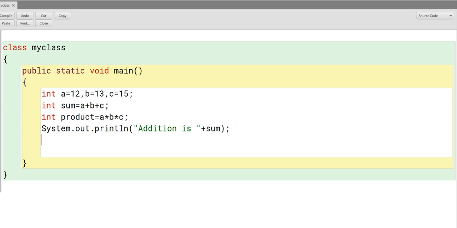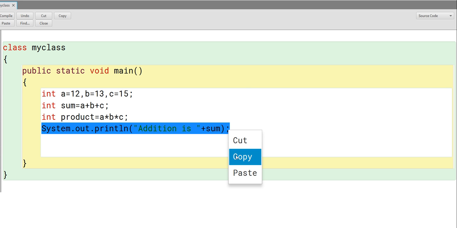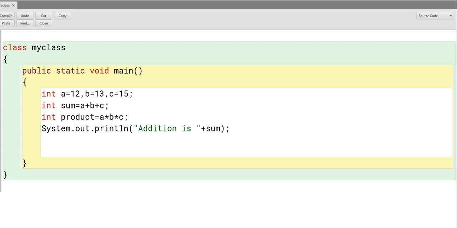Another statement, we are going to print the value of the product. The same thing you are able to copy here. So you can copy it and paste this statement.